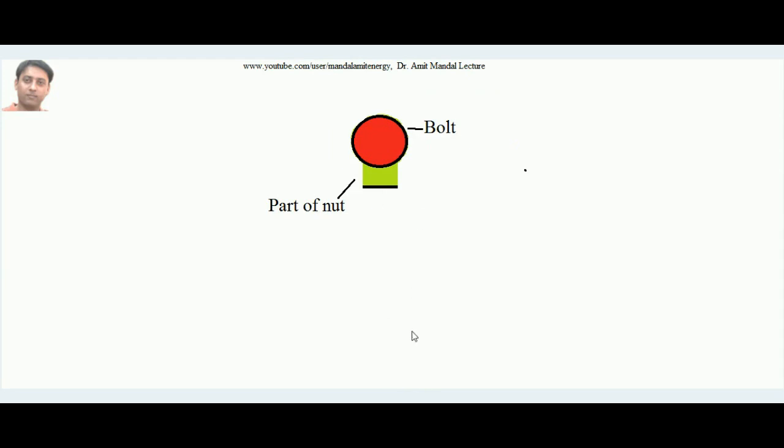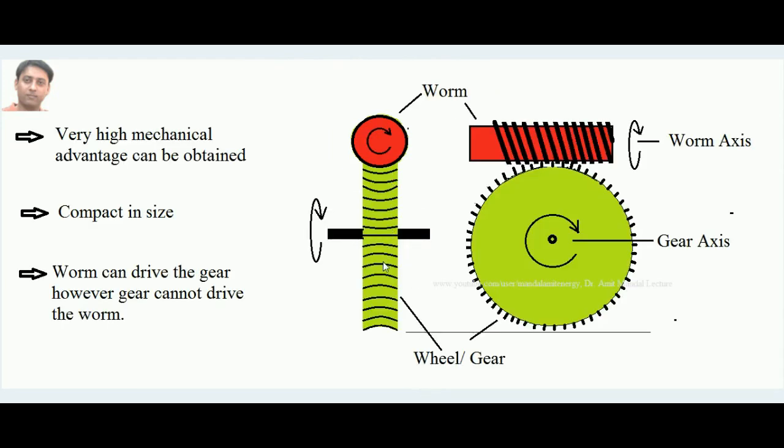Actually this is the bolt and this is the gear. The periphery of the gear is actually composed of the threads of a nut. You can imagine it like this. And this is the bolt. What will happen in case this bolt spins? It will exert the same force over here. This portion of this wheel, this gear, will come out of the screen depending upon in which direction it is spinning. If it is clockwise, it will come out of the screen. In case of anti-clockwise, it will go inside the screen.